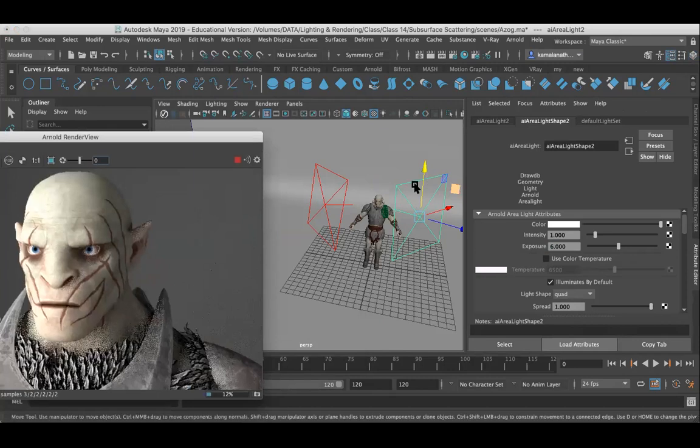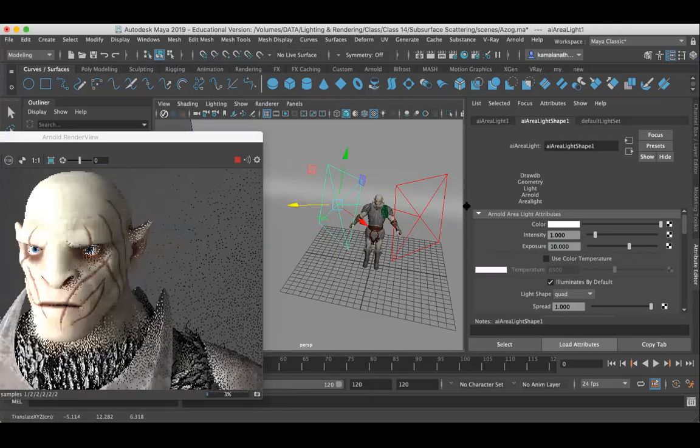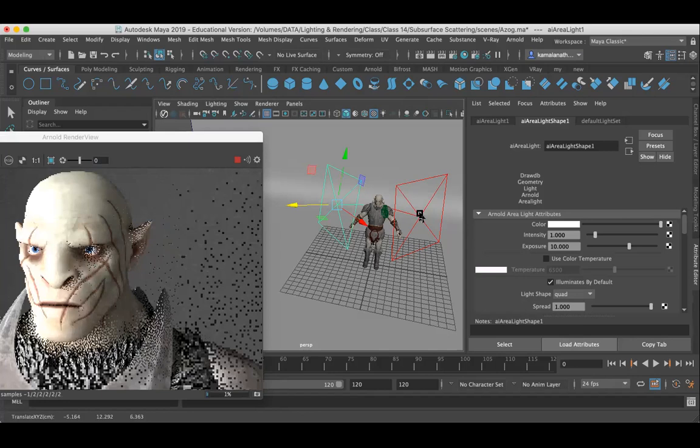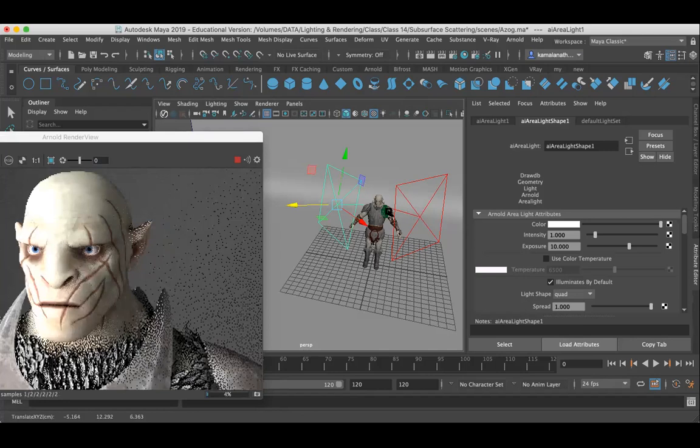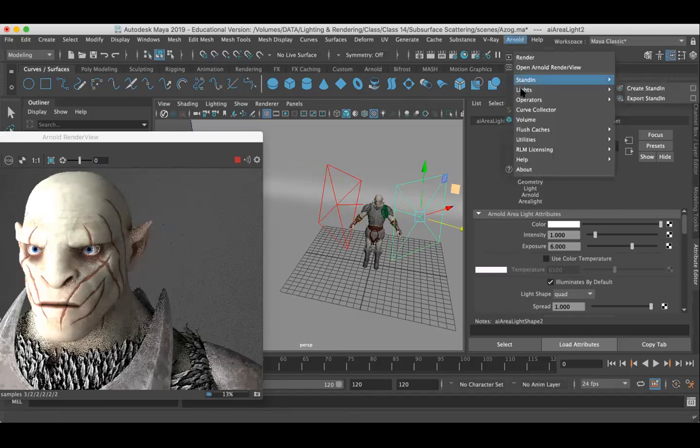The key light is the only one source of light. The source light always has more exposure than the fill light. So it's done. Now I have added a key light. This is my key light. This is my fill light, and I have to add a backlight.